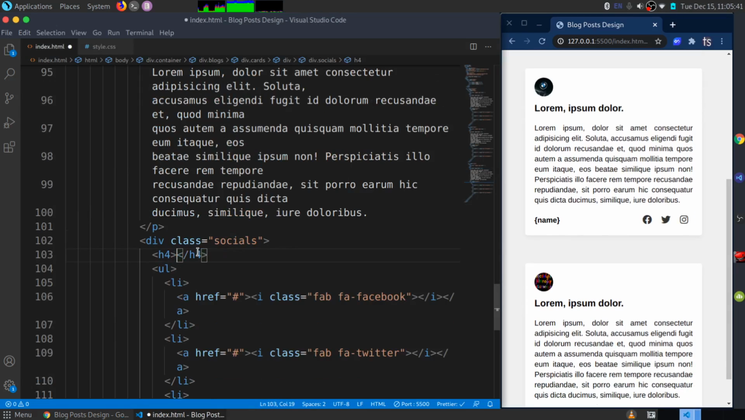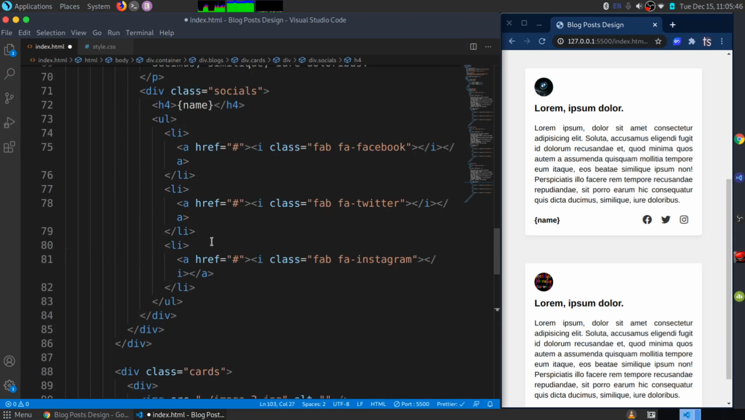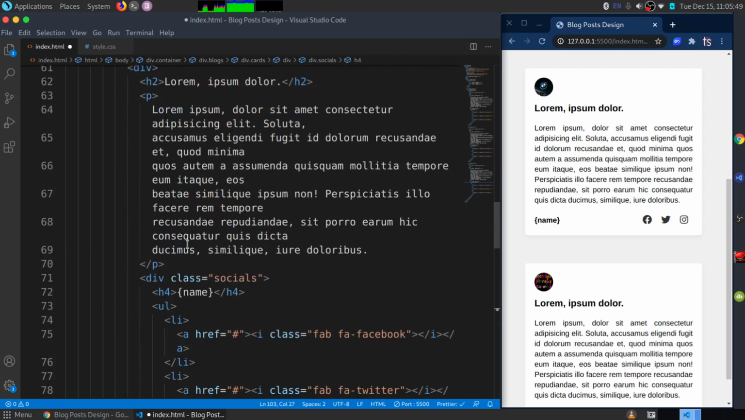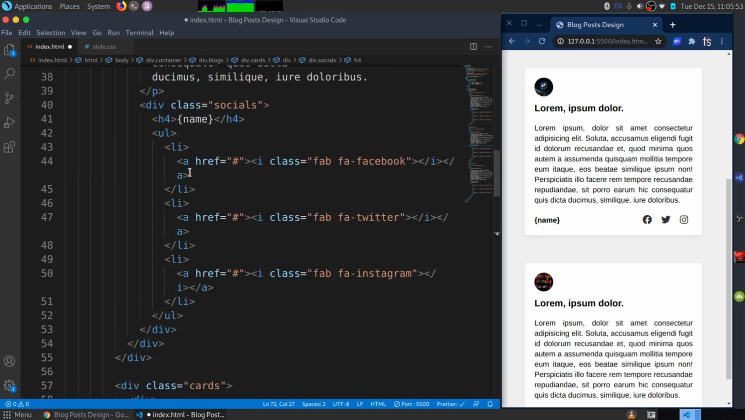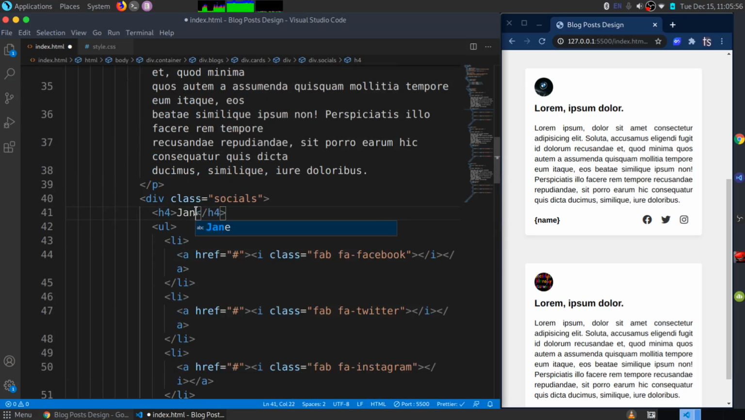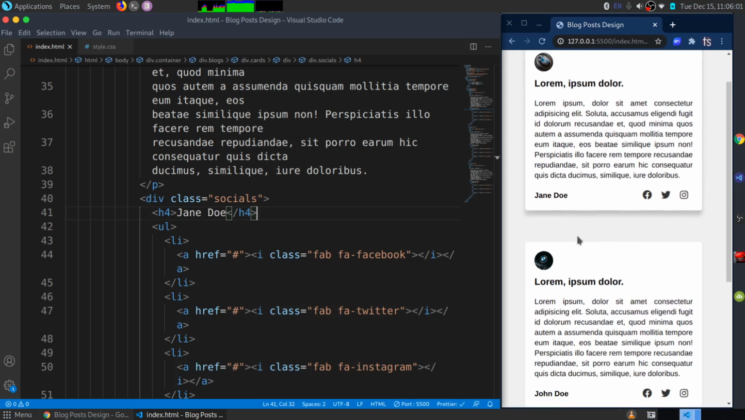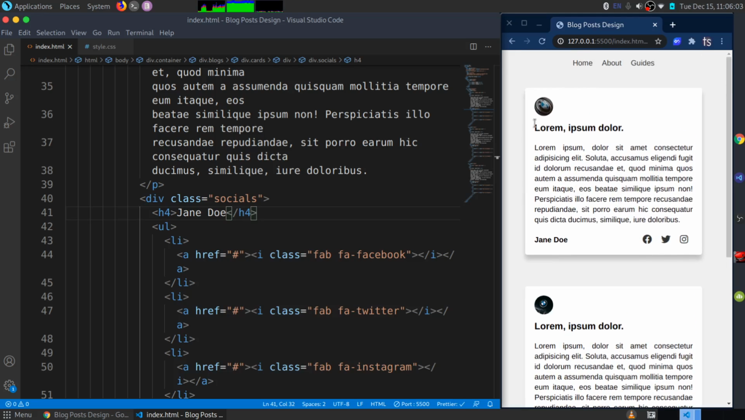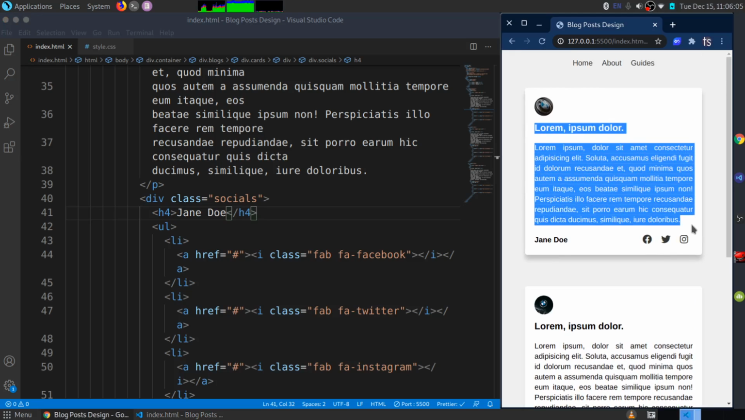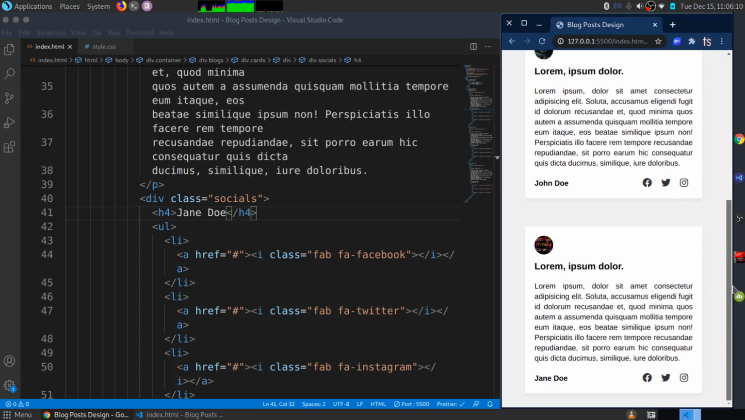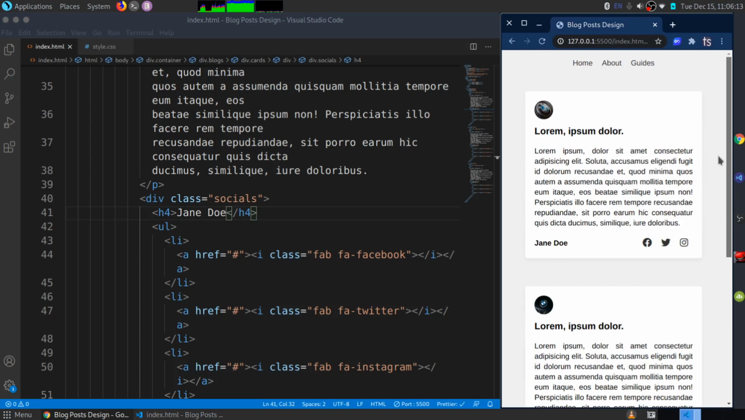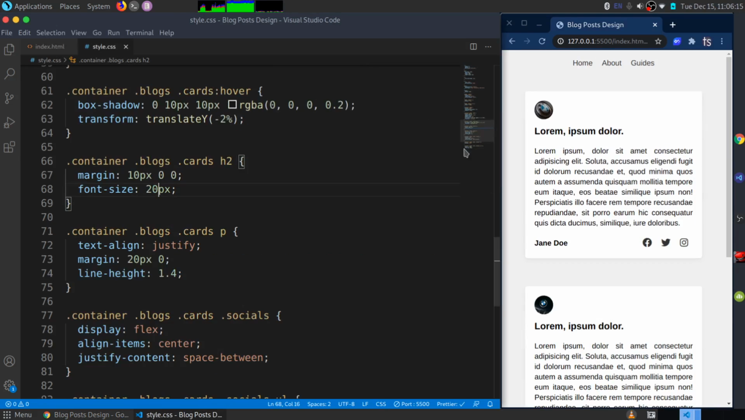Just going to say Jane Doe. Where's this other name? Okay, I'm going to say John Doe. And then for the top, I'm going to say Jane Doe once again. And there we go. So it pretty much looks like those kinds of tweets that you see extracted on websites, but yeah, it looks fine. Okay, so let's begin to scale it up for bigger screens,